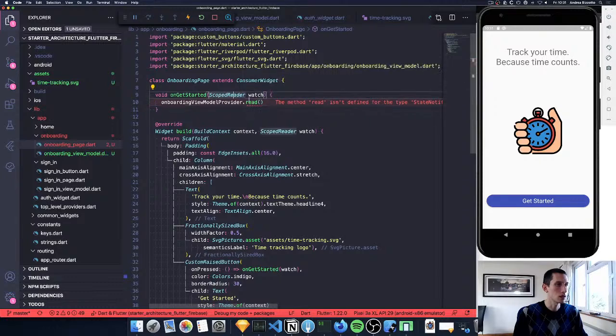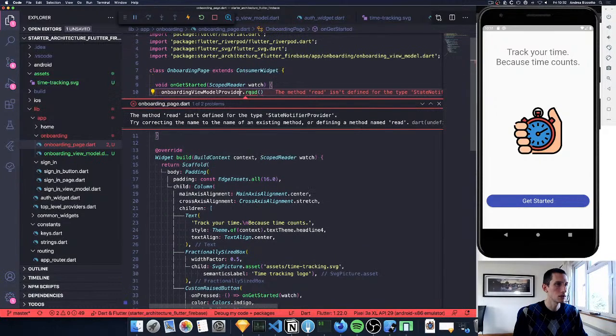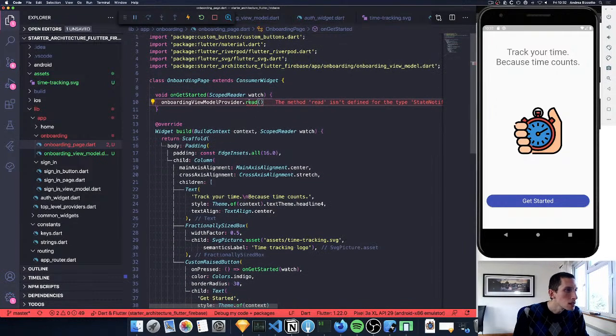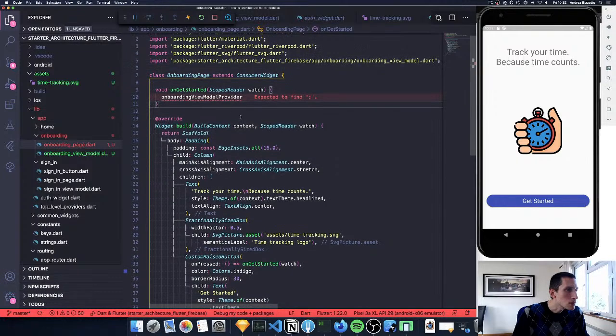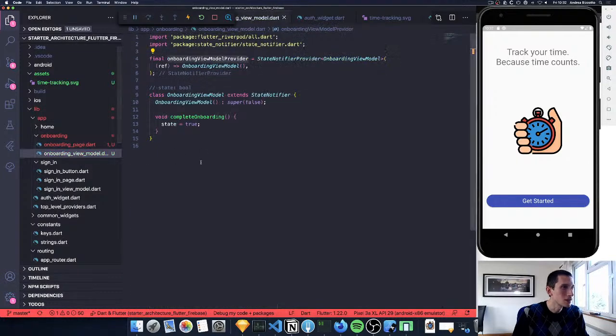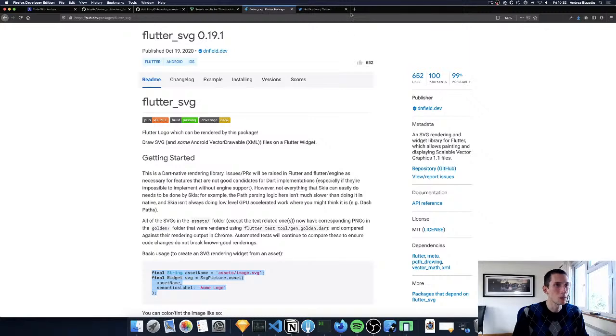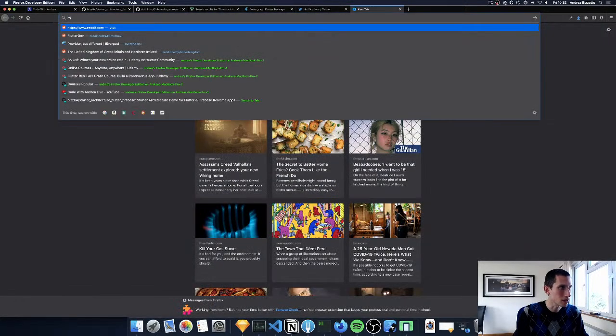and then, oops, and then try to remember. Read. How do I use this now? Oh, I forgot how to use Riverpod. That's not good, is it? Yeah, okay. Oh well. This is how we code, right? We figure things out as we go. So